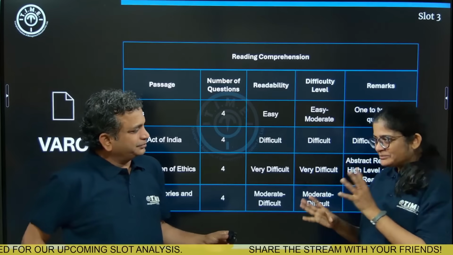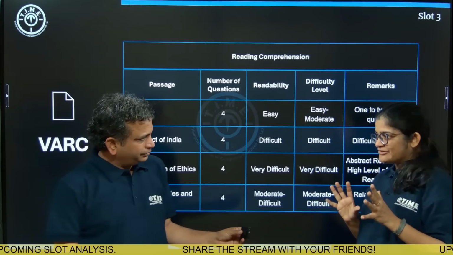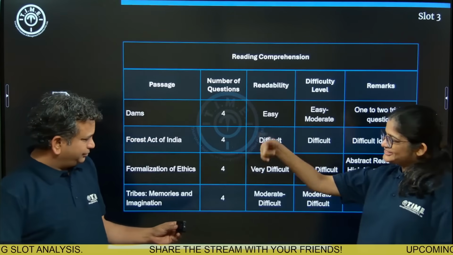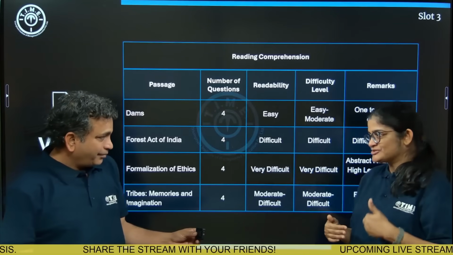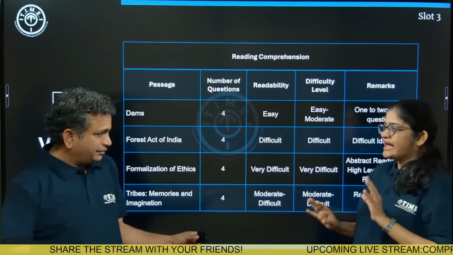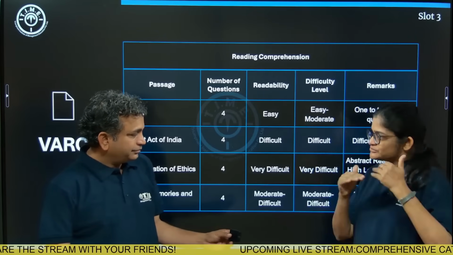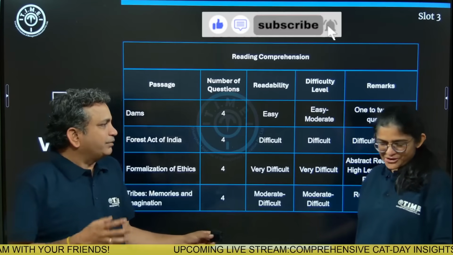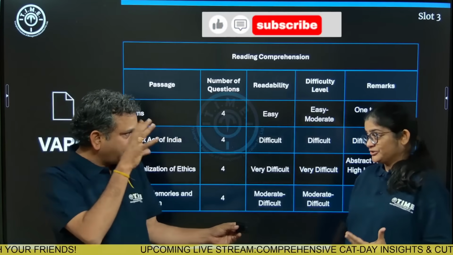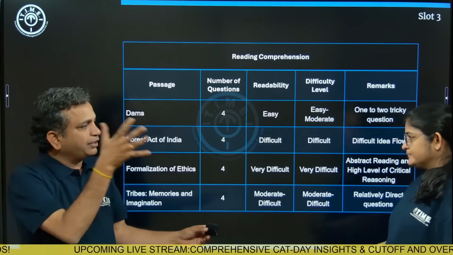Internally we had a little bit of debate over that because yes, it is a bit metaphysical. Now that is like the other extreme: Forest Act of India, forest is a very concrete thing, but the passage was layered. Here there was hallucination and metaphysics and all these things, but the passage was linear. It was straightforward, simple. Not too complex to read. While the concept itself is in general kind of abstract, the reading was kind of easy because of the way it was presented.